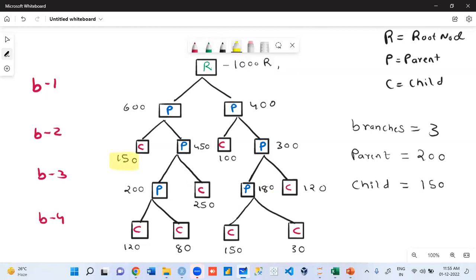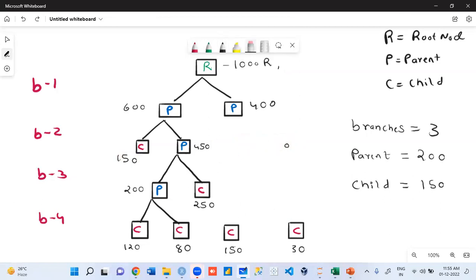Is 150 there? Yes. 150? Not there? Okay, so what happened? This split will not happen. One branch is not made, two branches are made, so the branches will not be created. Can I say we cut the tree?